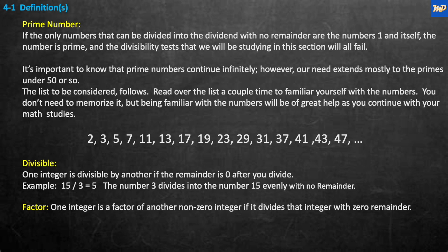To start off today's review, we're going to look at some definitions here in Chapter 4, Section 1. First, what is a prime number? If the only numbers that can be divided into the dividend with no remainder are the numbers 1 and itself, the number is prime. And the divisibility tests that we're going to be speaking of later